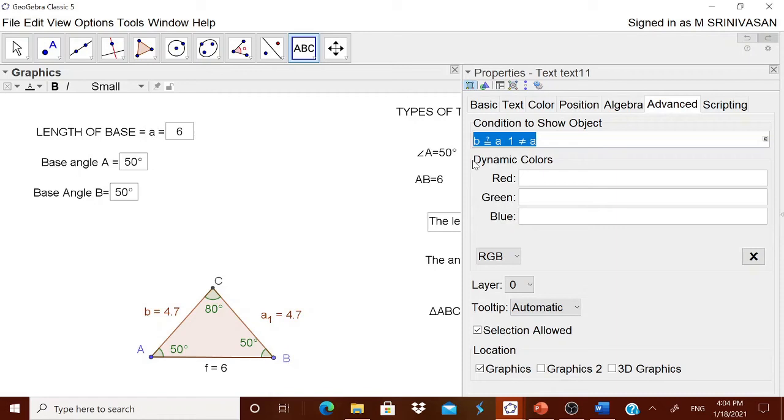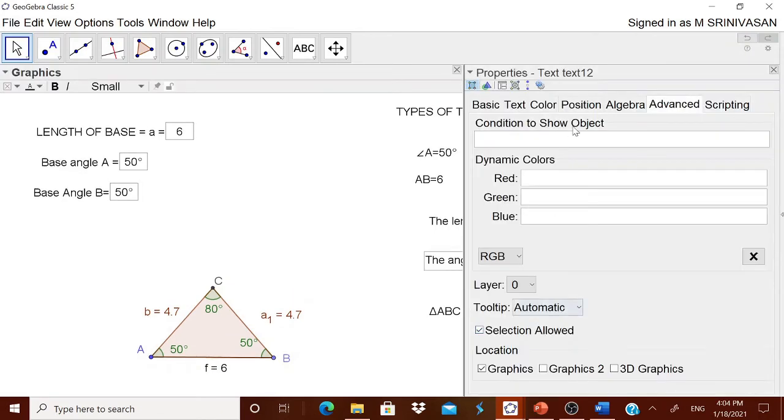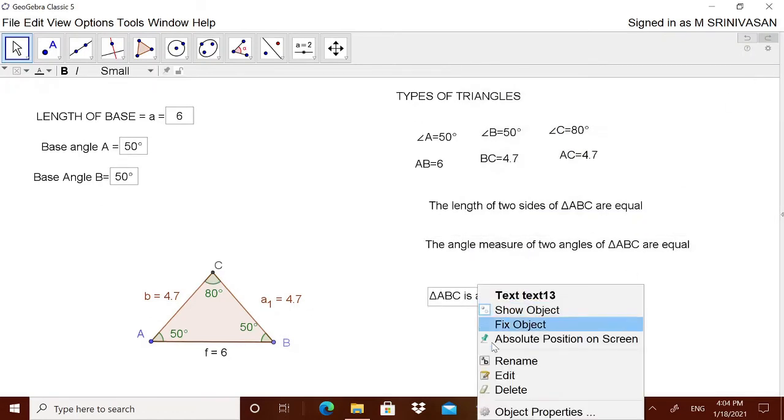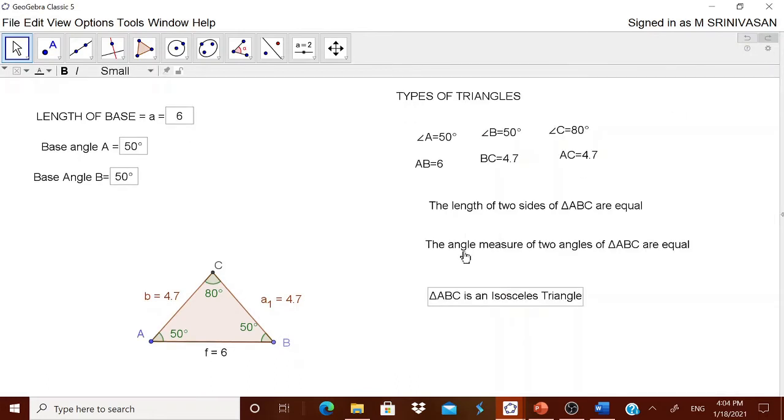Please be careful, as we are having three entries, it should be double equal. Again, object properties, go to this advanced and then copy the same thing and enter. Come back to this object properties, again enter, then okay.